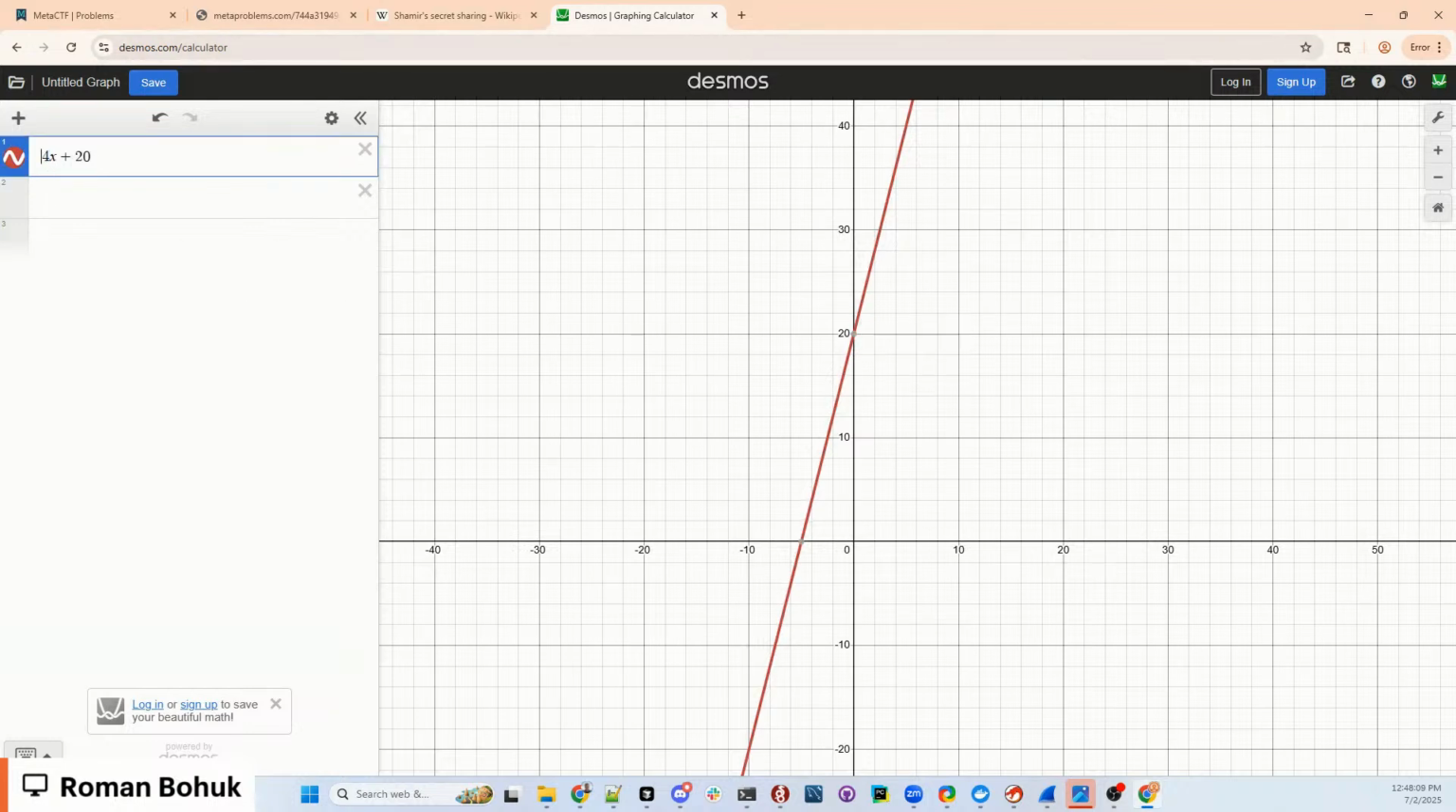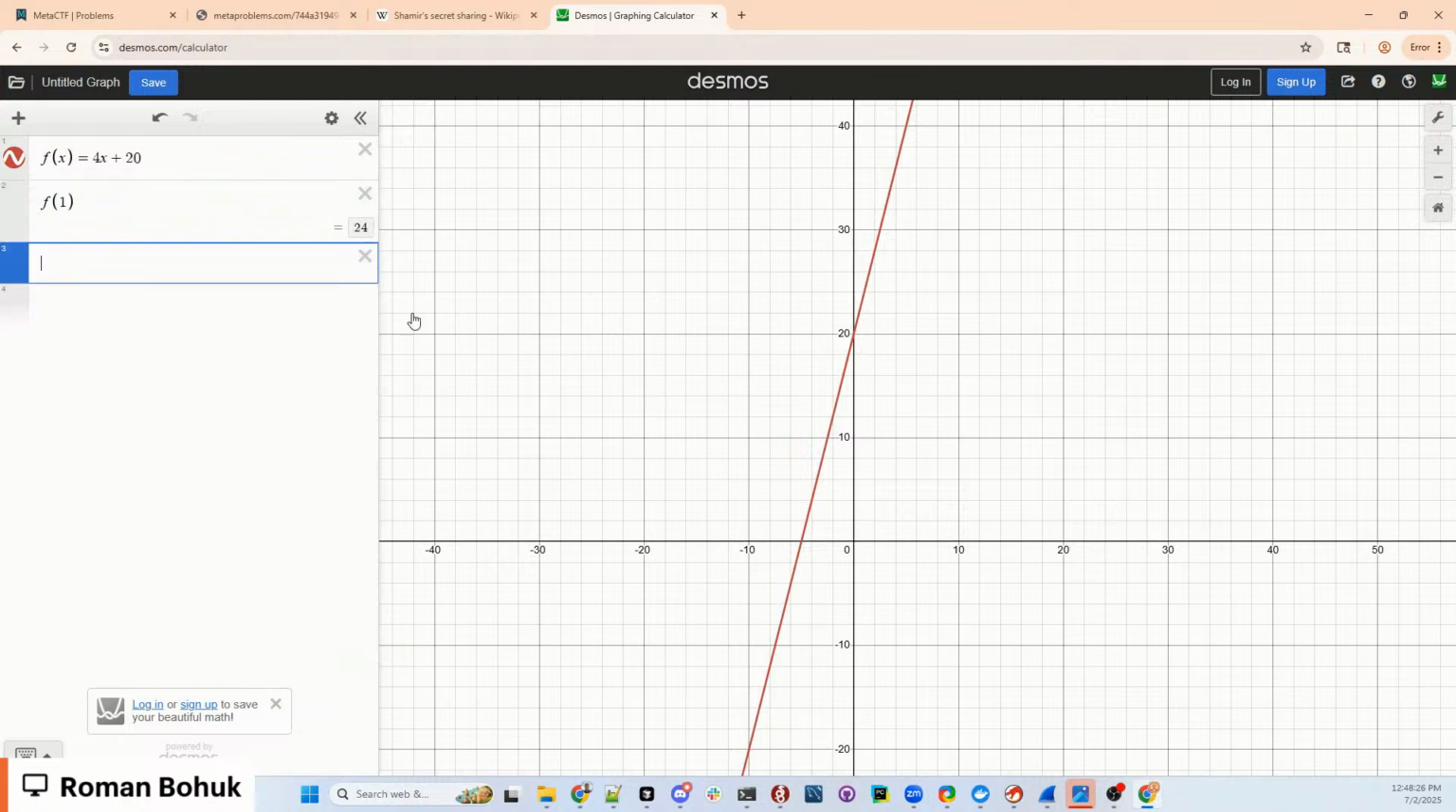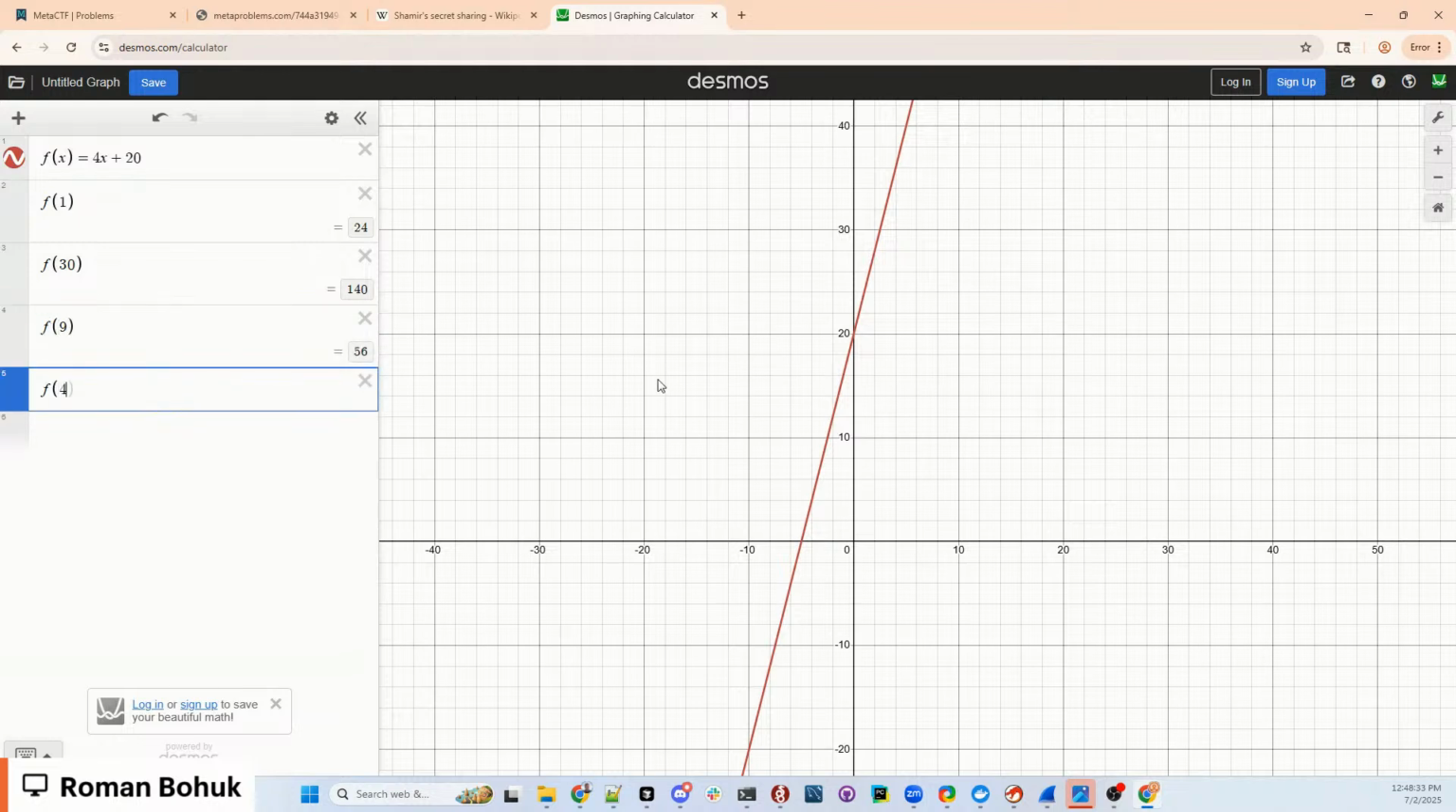Say I turn this into a function. Let's say I have 5 people that I want to give the secret to. So I generate 5 random numbers. I run this polynomial for 5 different random inputs. So let's say f of 1 equals 24, f of 30 equals 140, f of 9, and then f of 4. I'm just going to do 4 instead of 5. And then I share these 4